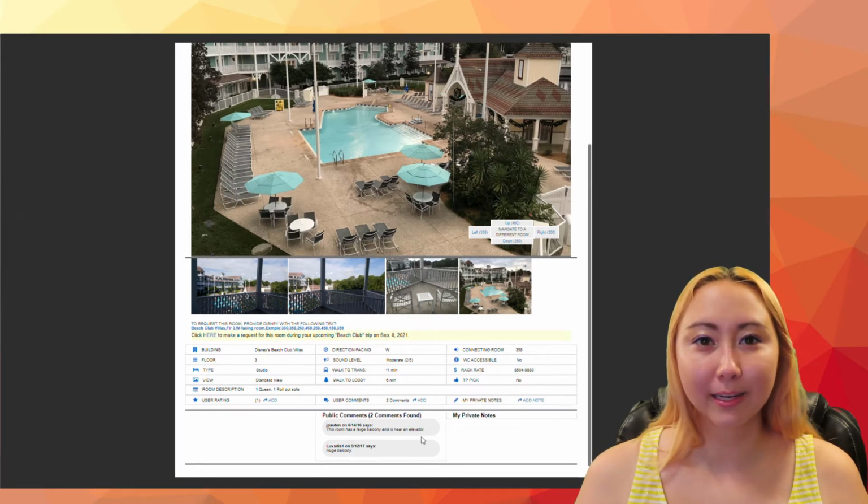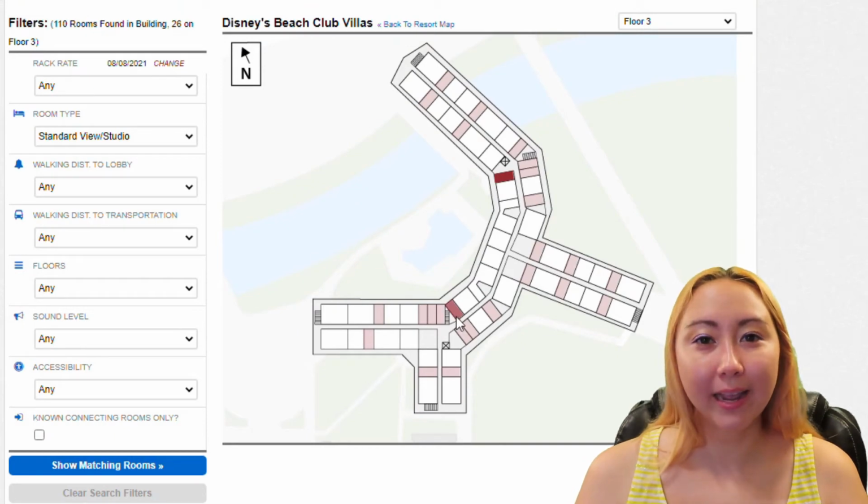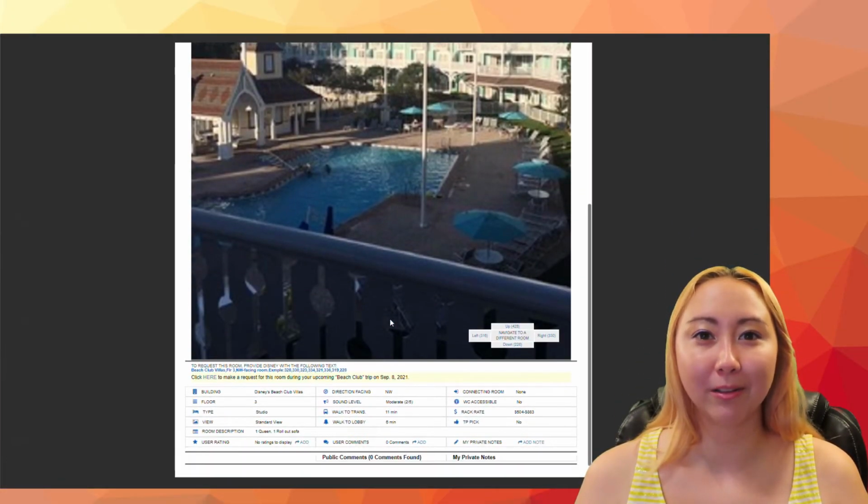That doesn't mean this will necessarily be true on the 4th floor since we're now on the 3rd floor, but if you're okay with the 3rd floor and facing the pool, this may be a good option for you. And then the same room on the other side would be room 328, and from the information left, we really can't tell about balcony size.